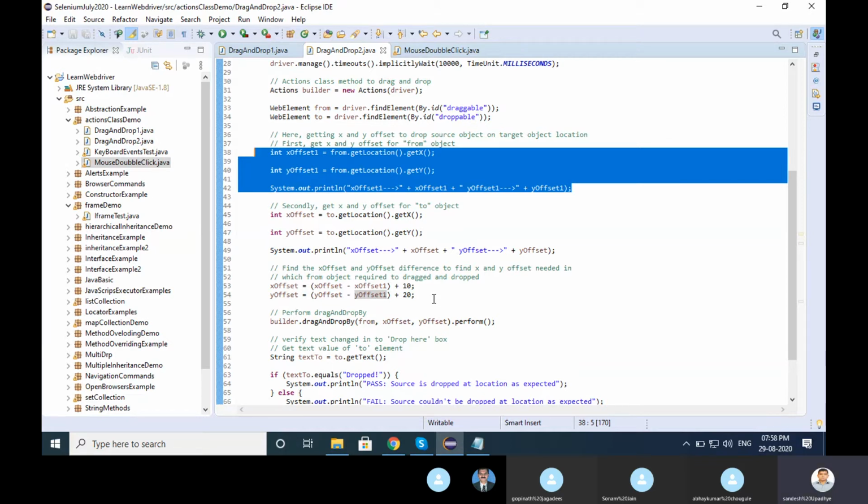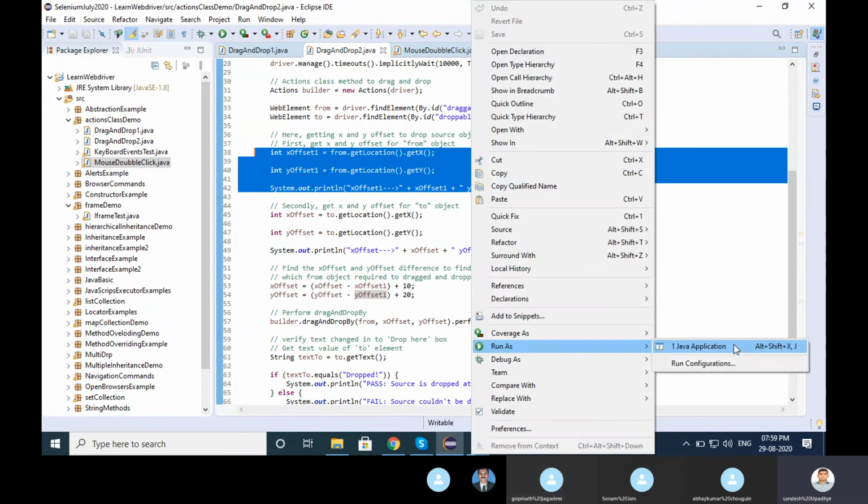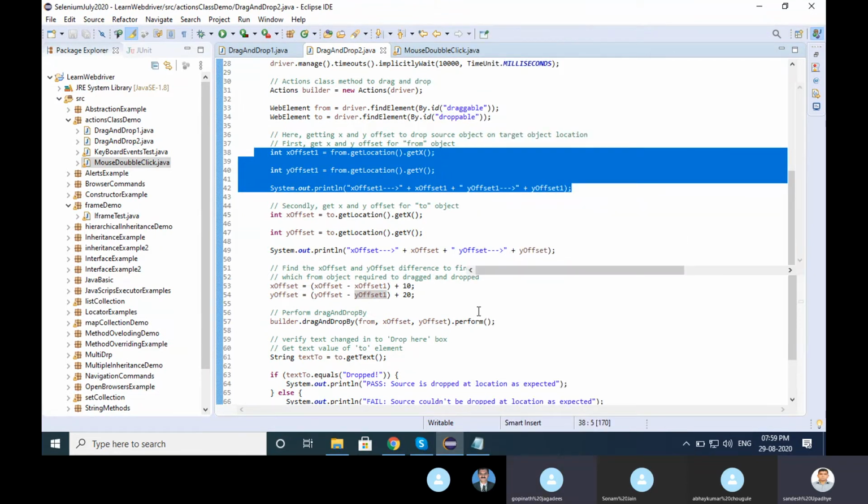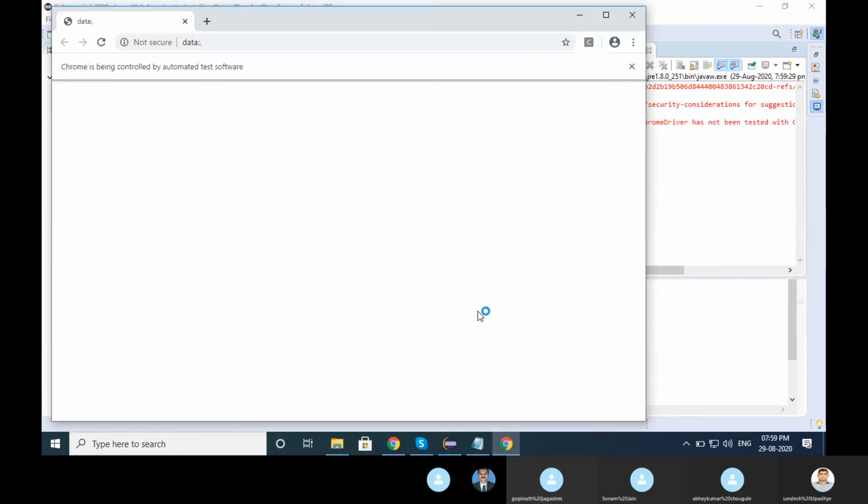For this program, they practiced previously to find out the coordinates, where the x coordinate is and how we can increase it by 10. They did a lot of practice to find the coordinates, because finding the coordinates on a particular screen is not very easy, right? So they firstly tried multiple things, and then they said plus 10 and plus 20 here. Let me run it and check first what happened, whether they are maximum.